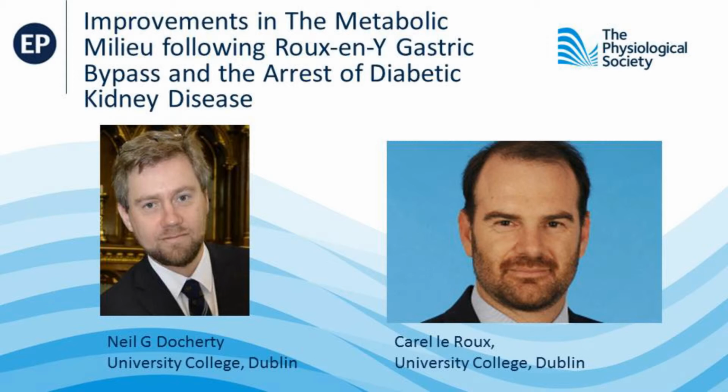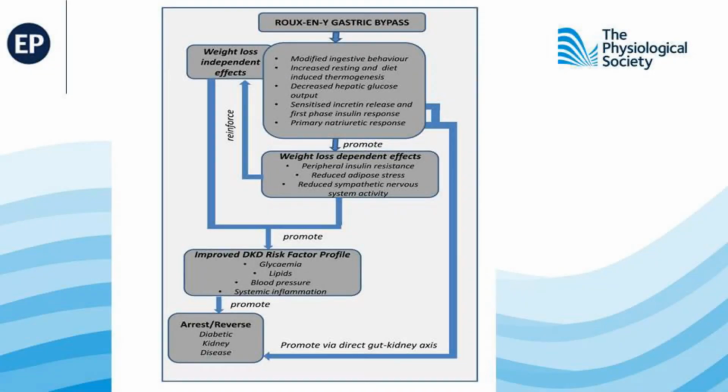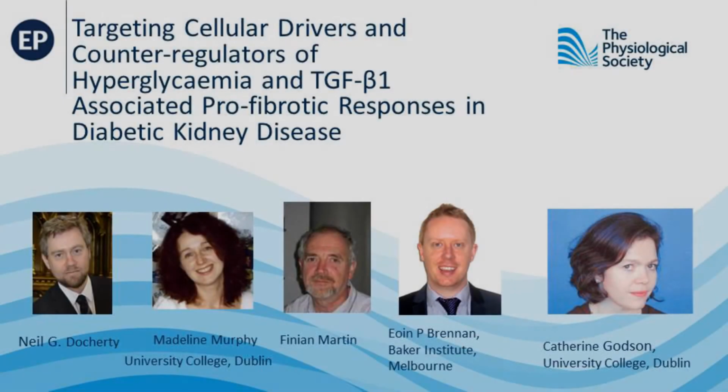Emerging data on this are presented, which in summary show that bypass surgery is associated with improvements in urinary albumin excretion and renal inflammation and preservation of renal function. A hypothesis is developed which describes a role for augmented levels of GLP-1 in renal protection following surgery. A perspective is then given on how these effects may be recapitulated in the future in a non-surgical setting.